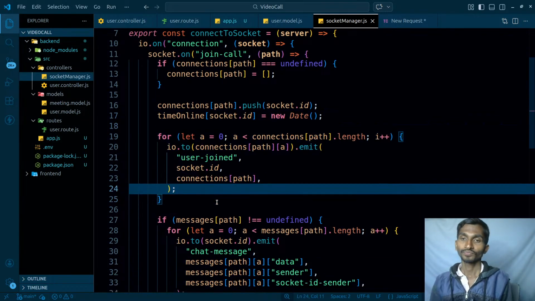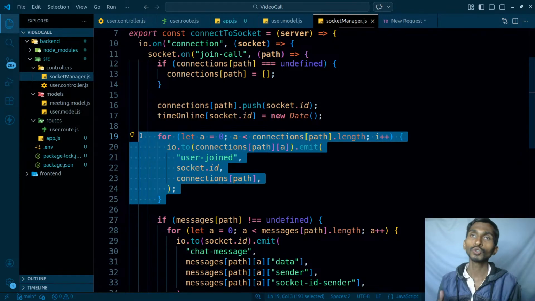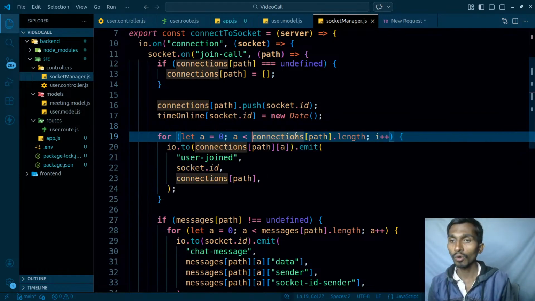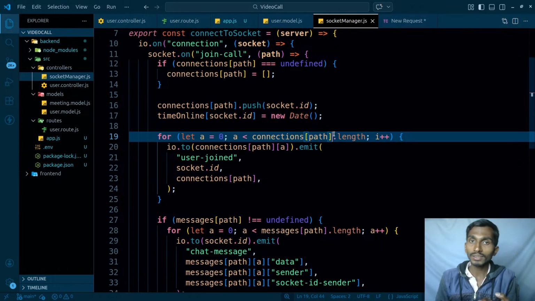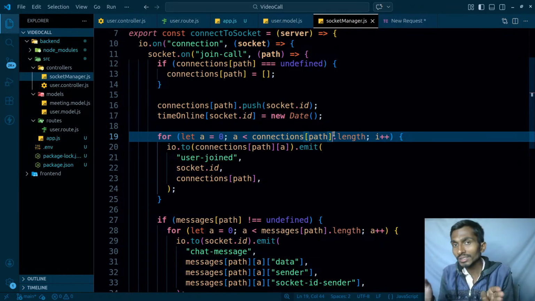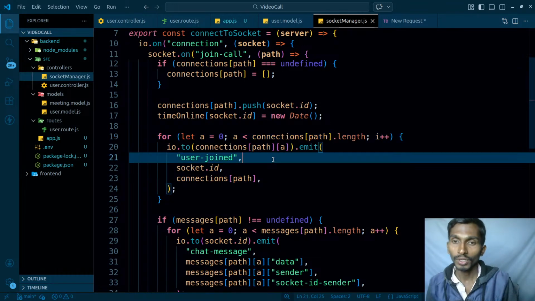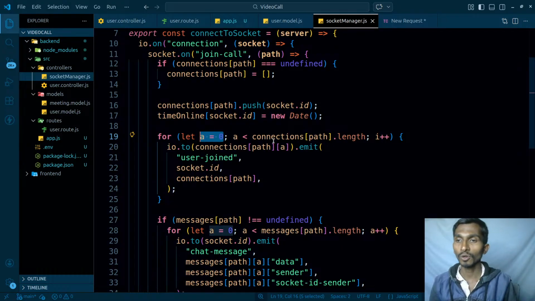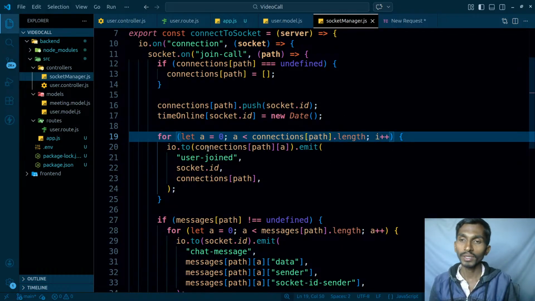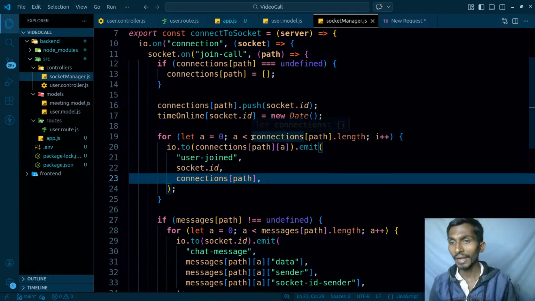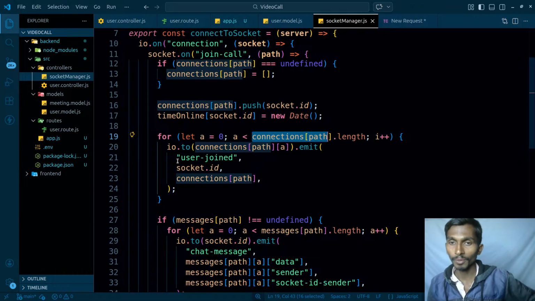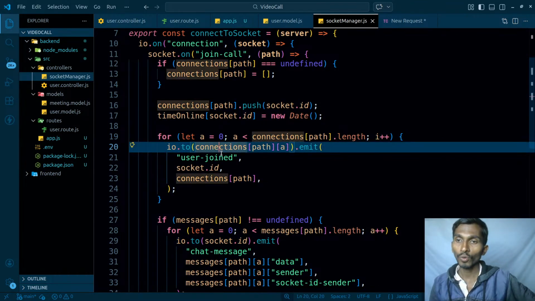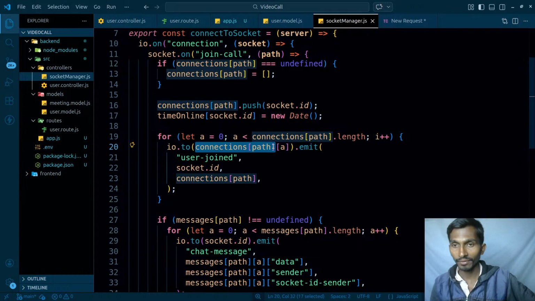Then what you are doing over here is notifying the other users that you have joined the room. So you are just going through all the connection paths. Inside connections there are many paths, and in each of those paths there are some users connected. So what I'm doing over here is io.to, I'm iterating from 0 to the length of that particular path, and not only that particular path, connections.path, that means as many paths as there are, I'm just simply going through all of them. And what am I doing? io.to, where do I have to send? So connections.path, the path that I have right now, and